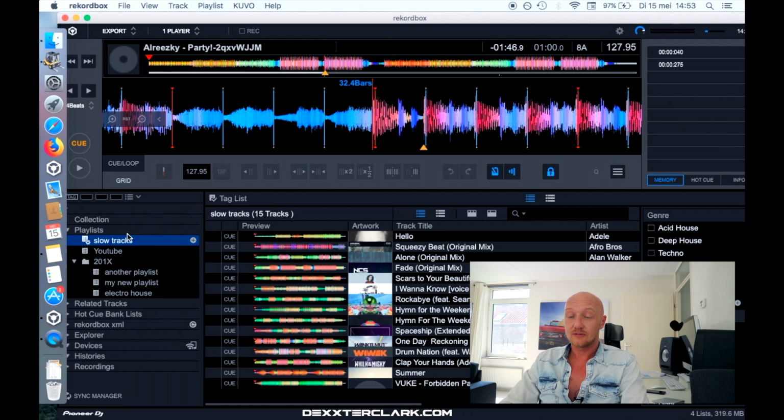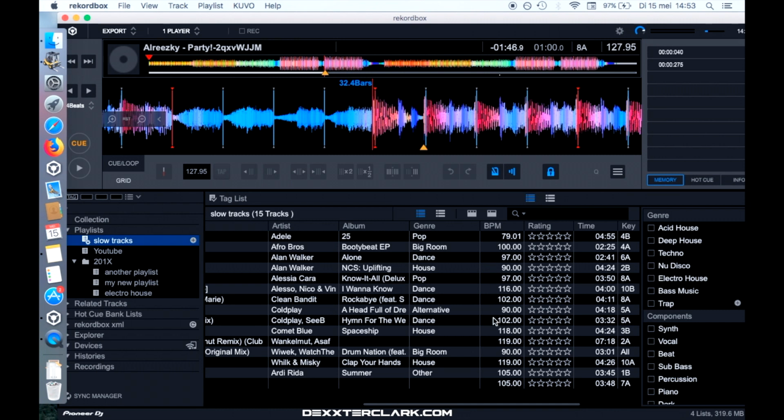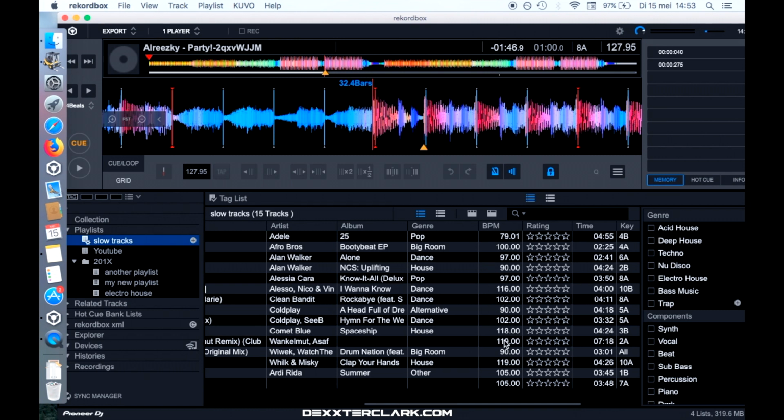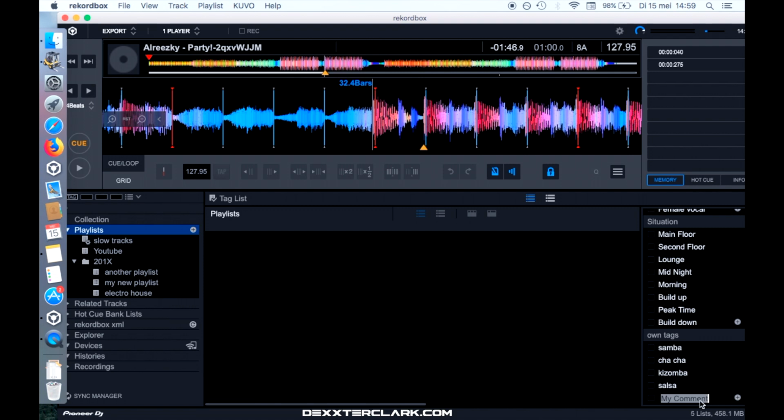Now you see that Rekordbox has created a list of slow tracks that are all the tracks, I'll scroll to the right, that have a BPM that is lower than 120. But you can use smart lists also for tags, and then it is interesting. I want to make a smart playlist that is automatically filled with my sambas. And again, I define my own tags,